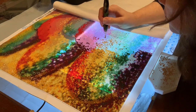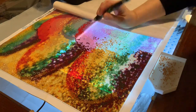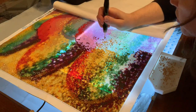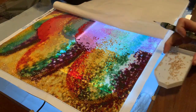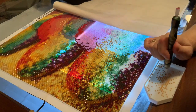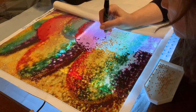But you know what? This is a really nice, easy, relaxing craft. If you are new to this craft and you're wondering how to get started, again, there are a ton of videos on how to get started. And the best thing is that every single diamond painting kit comes with everything you need to get started in this craft. And for the most part, other crafts